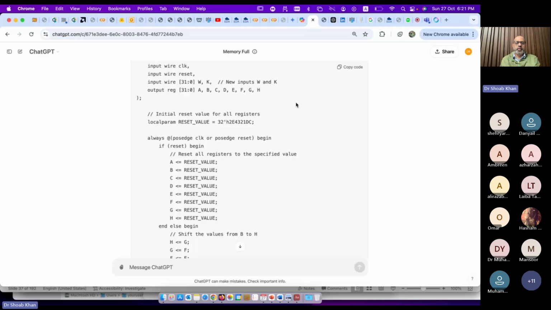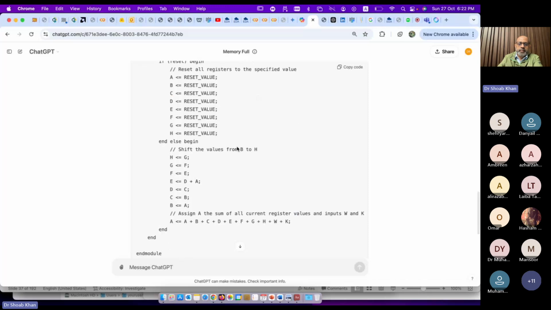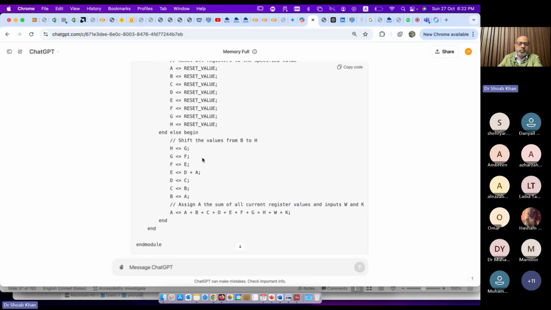This is the hash of the design at reset. This is localparam. Remember, localparam is something which will not change, and you cannot really call this module and change the localparam, which is for your ease, like we do with define. So you do that here, and now these are the shift values, and it is also adding W and K